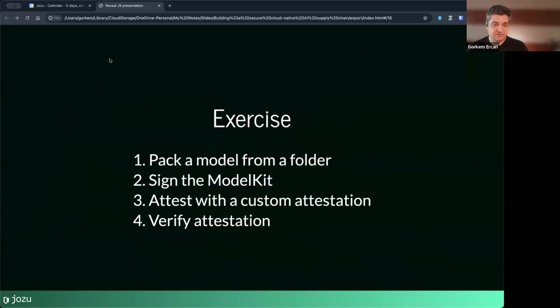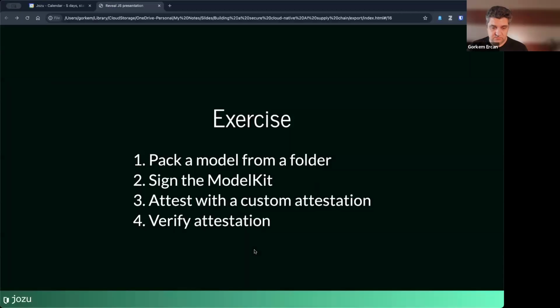Now let me again do my little dance with the windows, if I can find the correct window. No, you're not seeing my terminal area.